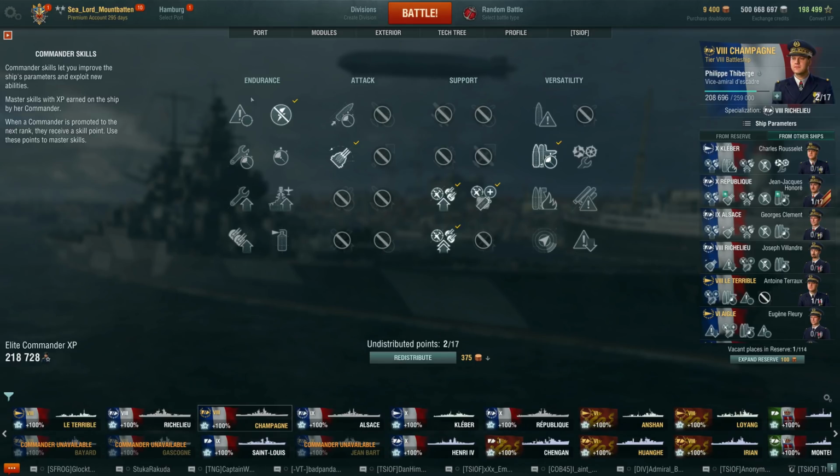Kind of not ideal because I had an A build on him because the Jean Bart's A, so lol. But we're just going to use this to have an almost 19-point commander on the Champagne. But the module build,